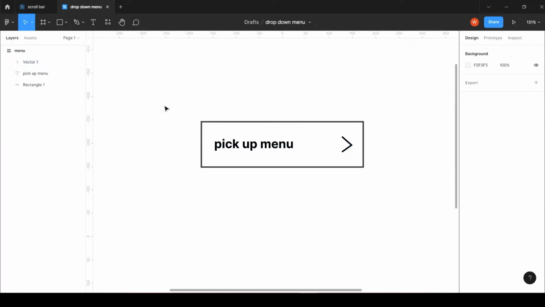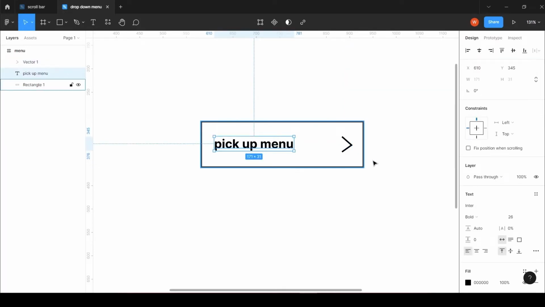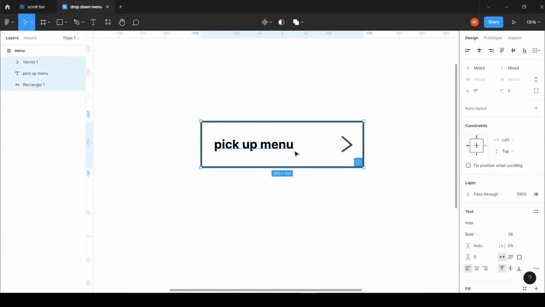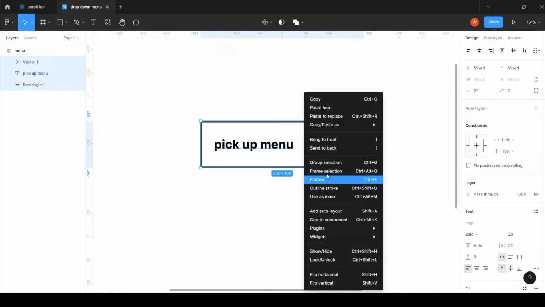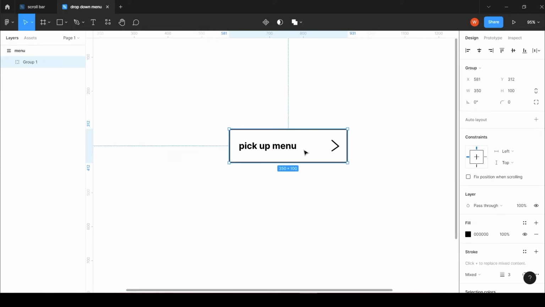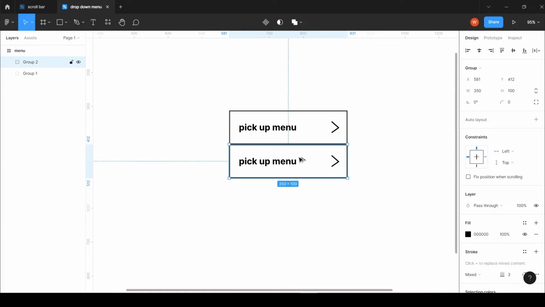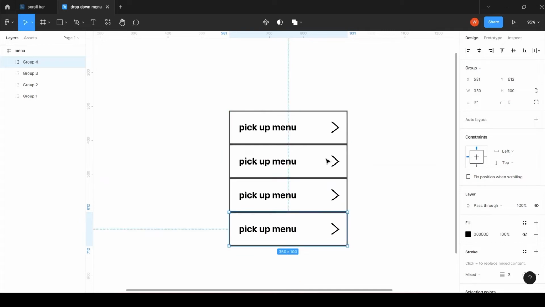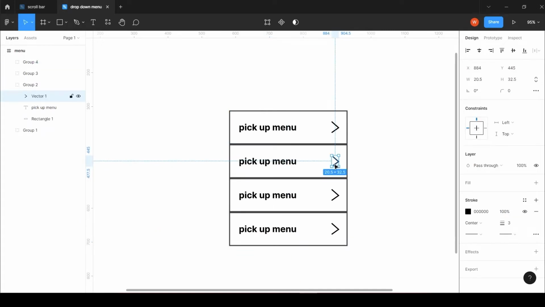Then we are going to align them horizontally, and I'm going to group them by hitting Control G, or you can right click here and see that group selection is here. When it's done, I'm going to duplicate this group 3 times. 1, 2, 3. I'm just deleting this arrow because I don't need them,